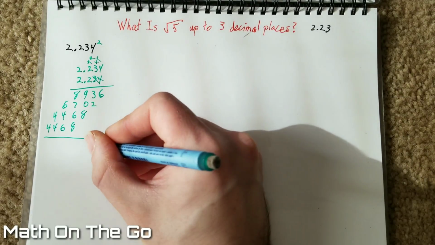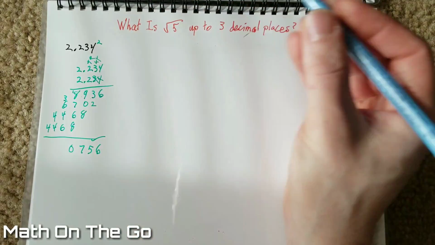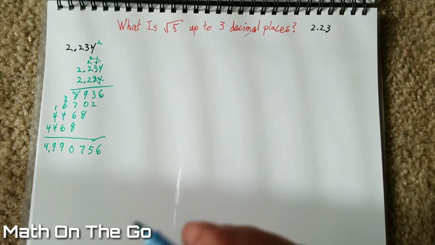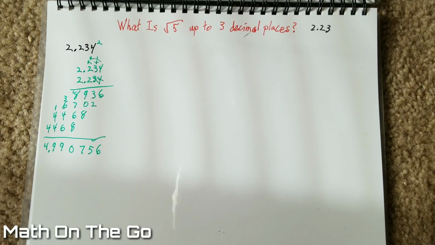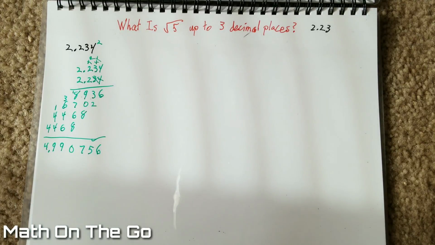So we end up with 6, 5, 17, 30. Let's see. 9, 1, we got 9, 4. So that gave us 4.990756. So, like I said previously, we want this to get as close to 5 without going over. So how are we going to do that? Well, let's jump up the thousandths place another number. Let's see how much change we get with